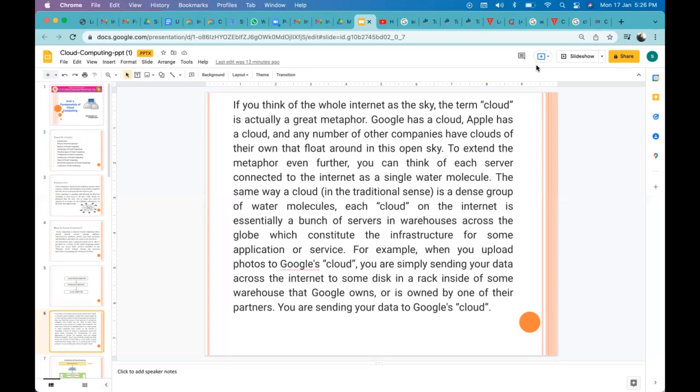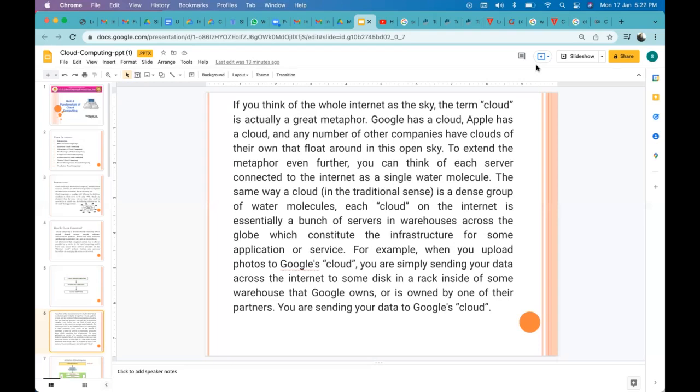When you upload photos to Google Cloud, you are simply sending your data across the internet to some disk in a rack inside of some warehouse that Google owns, or that is owned by one of their partners. So you are sending your data to Google's cloud.